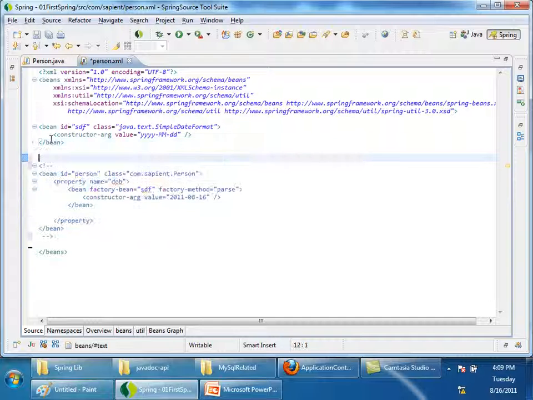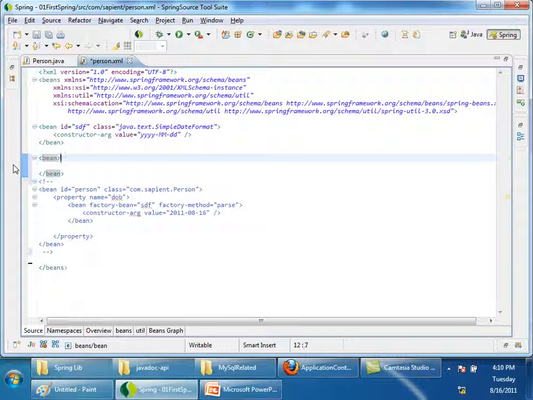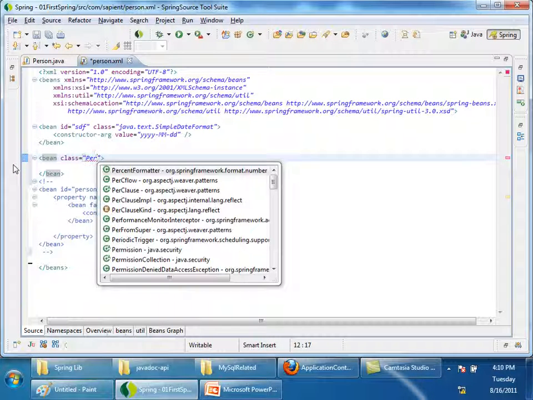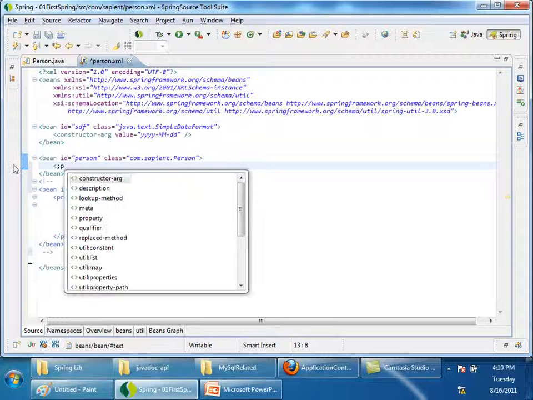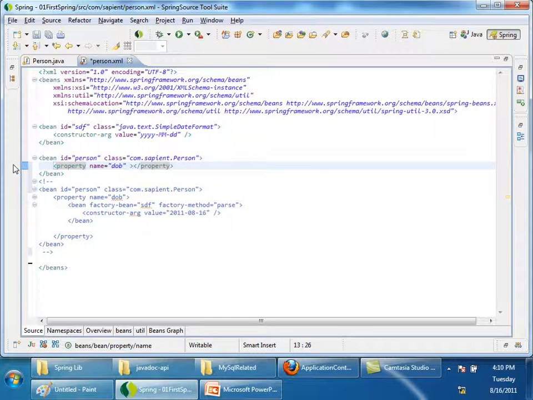I don't want to write like this, I want to write something like this. Bean. Just see, I'll give you time to write it down. First understand. Bean class is equal to Person, ID is equal to set person, then property name is equal to DOB, value is equal to